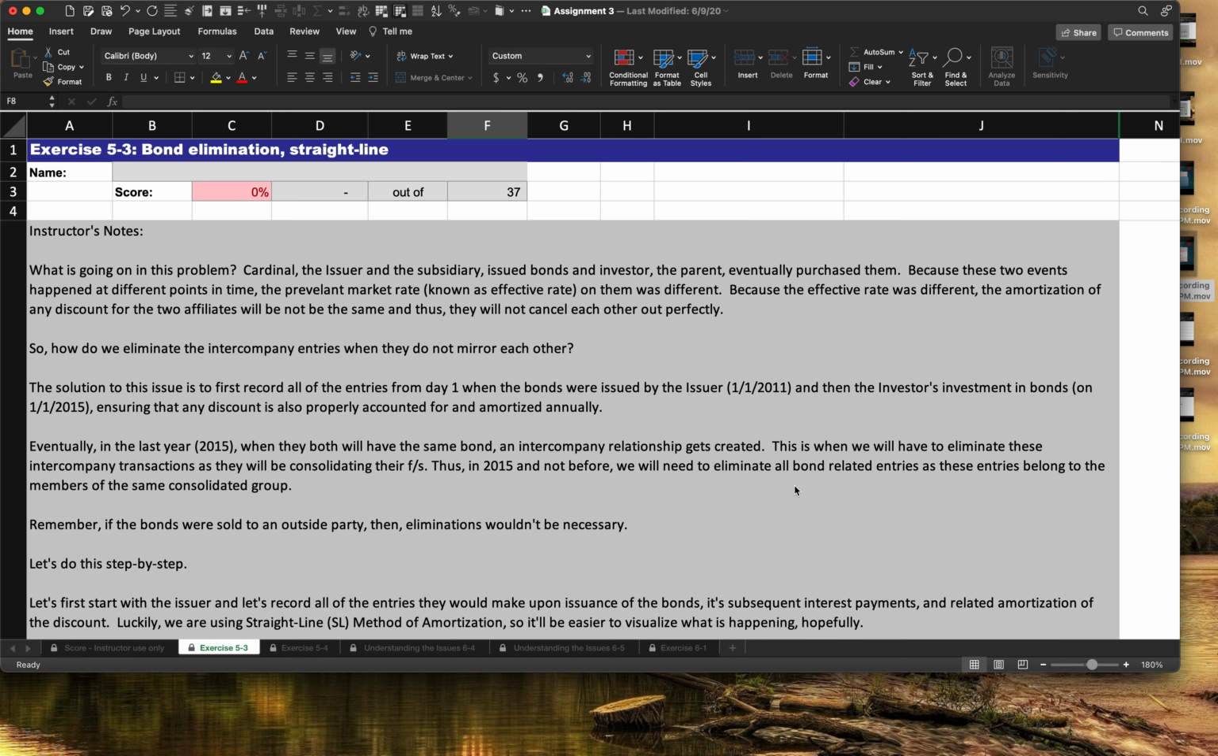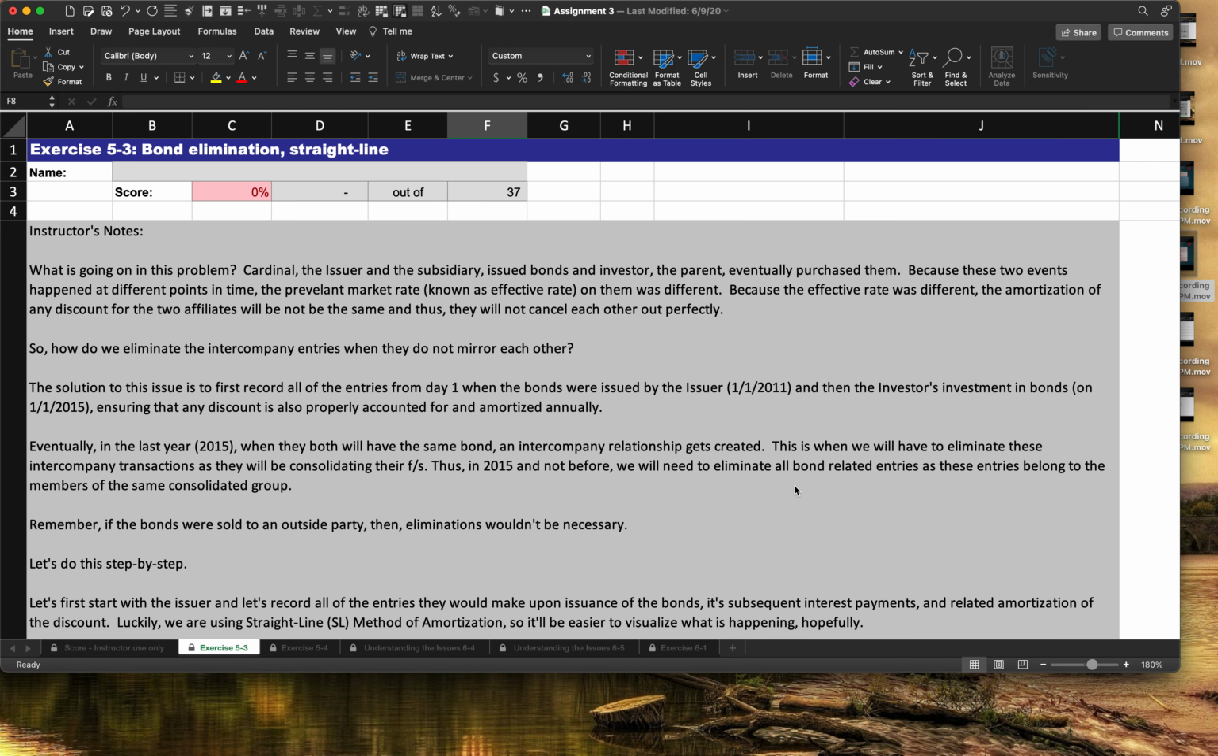And now that you've seen how an issuance is recorded with a discount, as well as how we amortize it over the term of the bonds, let's take a look at exercise 5-3, because it's very, very similar to what we just covered with some nuances, and we'll take a look at that together. In exercise 5-3,